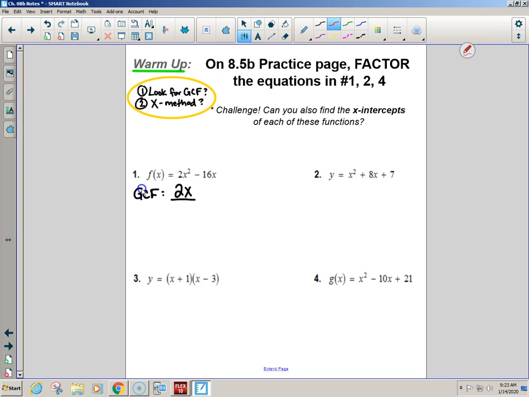But technically, even though this is intercept form, this is also what we call factored form. So last semester, when you were factoring and trying to get your parentheses and trying to get things to look like number 3, you were getting it in factored form. That's an algebra way of saying it, but it's also called intercept form. That's a graph way of saying it. Because then we can go on our graph and show p and show q and go to p plus q over 2 and plug it in and find our vertex and make a graph. That's an application of all that factoring that we did last semester,